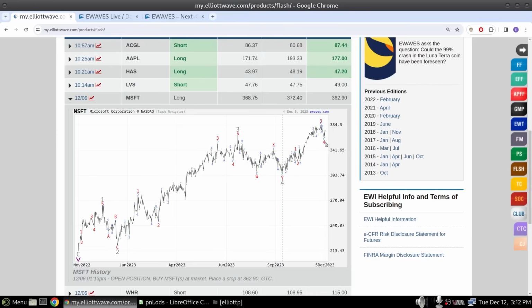However, I'm very cautious here. If this thing were to pop up to one more new high, we'd probably just go ahead and get out immediately, because this is 1, 2, 3, 4, one more move up, and that should finish this entire move going up from November. So what I'm showing you here is that Microsoft is in a very similar